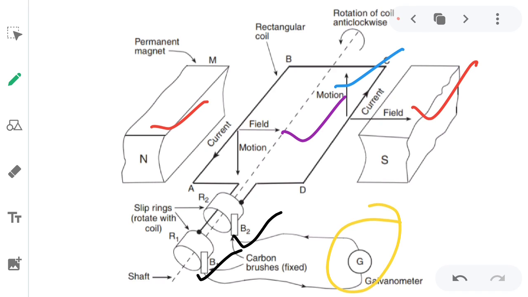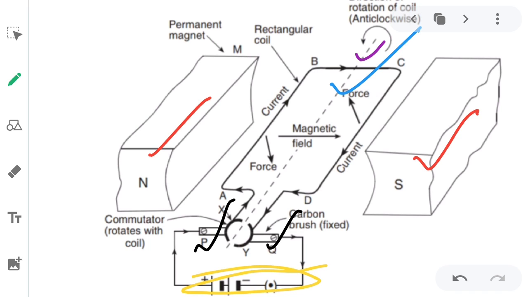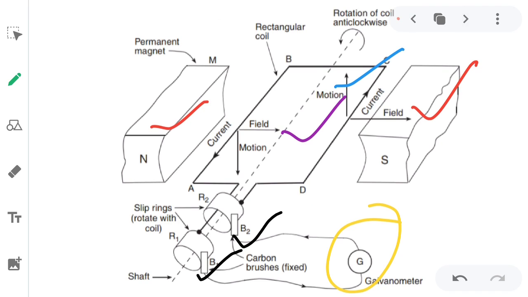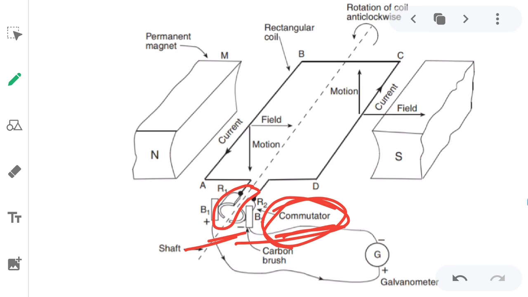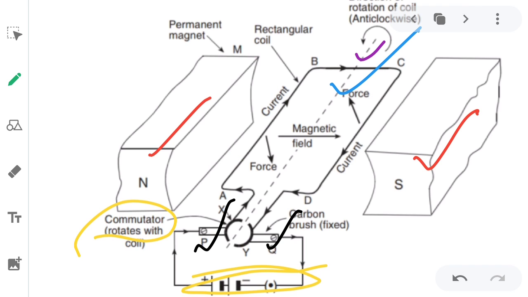So, in motor, we were using a power supply, whereas in generator, we are using a galvanometer or a transformer or a battery where we can store that electricity. So that is the difference between the motor and generator. You will say that a commutator is also there. So commutator is also present in DC generator. Here also commutator we have. Okay. So everything, the components are almost same, but the working is quite different.